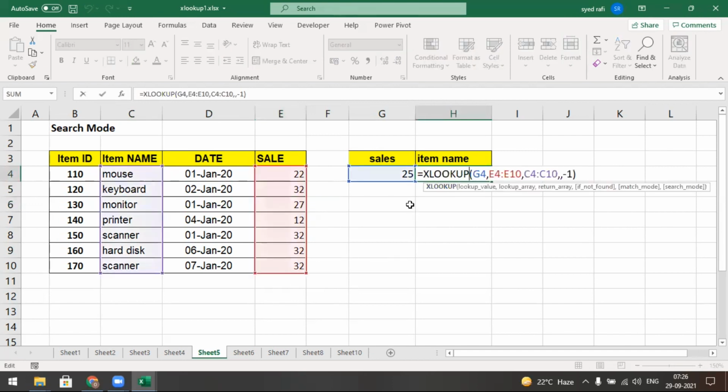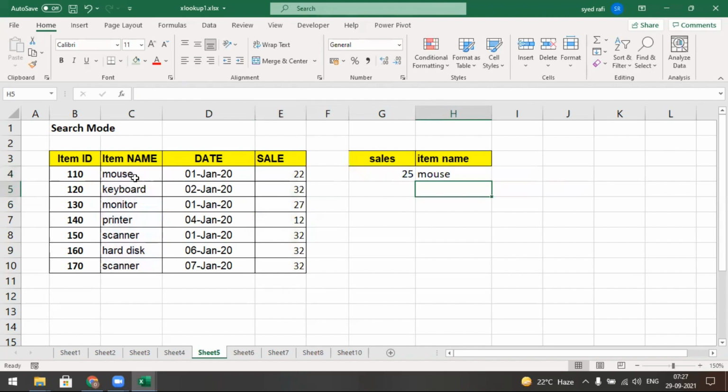So here the next option is exact match or next smallest. Those are values you give, its next smallest is searched and the item will be displayed. I hope you can understand. In one example, I will show you different arguments.